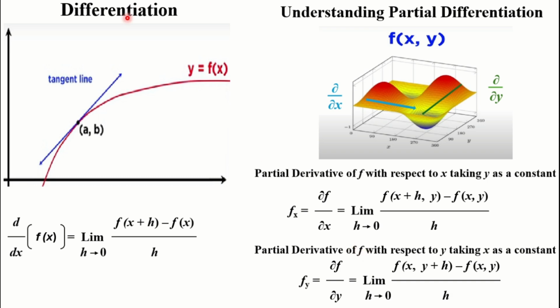See, differentiation, this we have already studied. In this case we try to find out the rate of change on this curve. You know that the rate of change or slope at each and every point on this curve is different. So we find out the rate of change at some single point. That point we call AB, and we find out the rate of change on the tangent